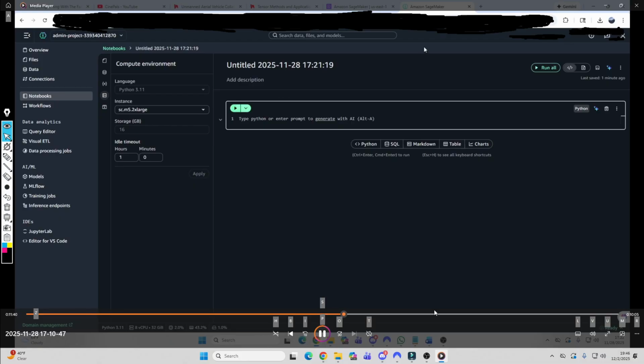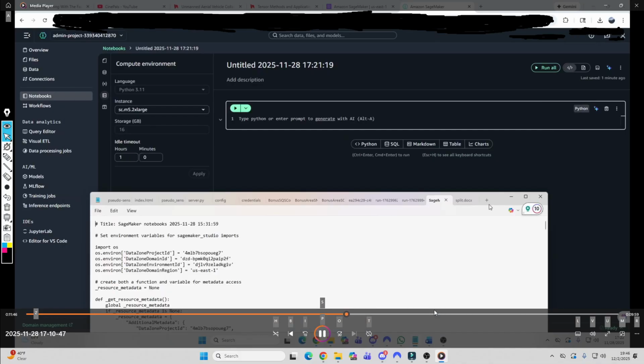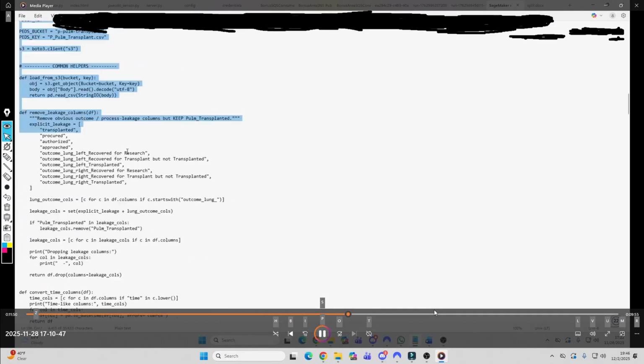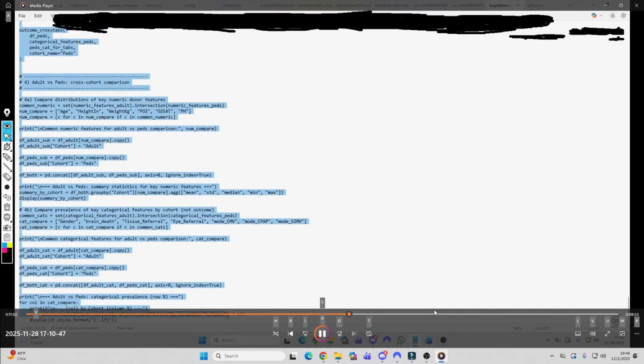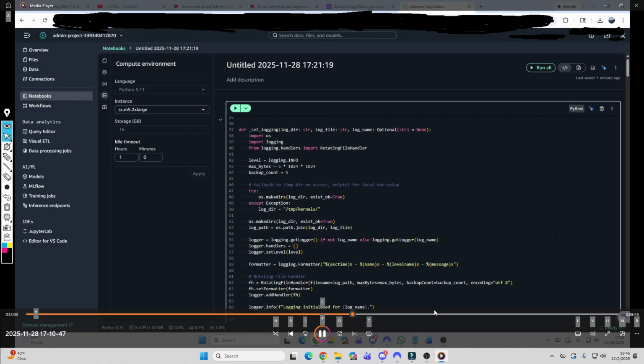Alright, now that that's done, we can actually put in our code to take a look at our data. And I already have some handy dandy code through a lot of trial and error. It's very similar to any type of notebook, as I said before. And essentially what this does is we're building a machine learning pipeline. And this is a little bit different pipeline. Alright, so initially you have to do some of the initial importing